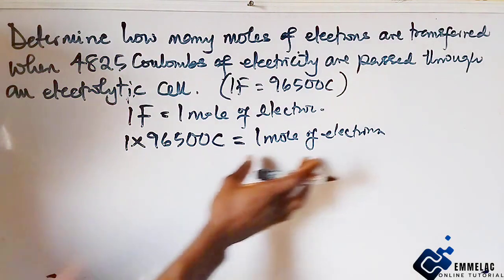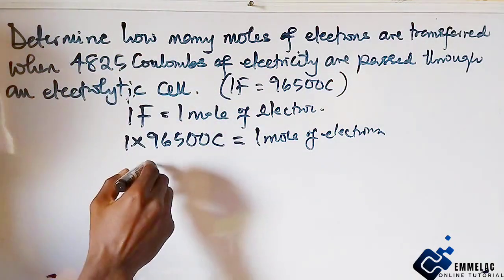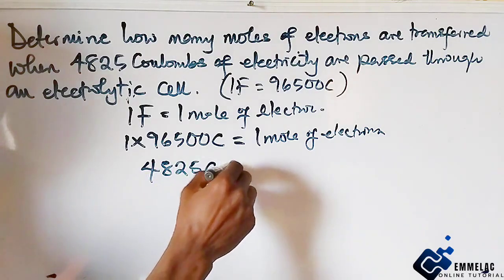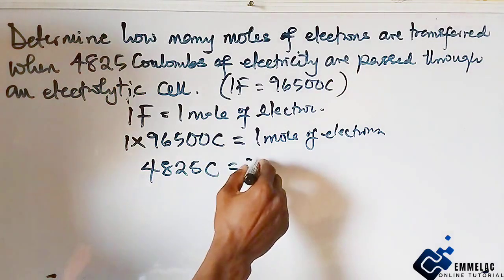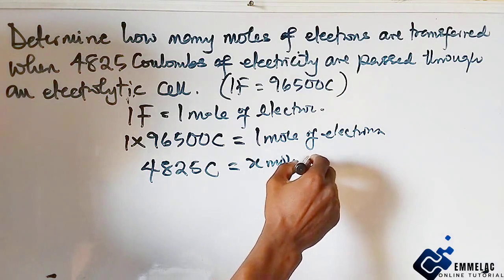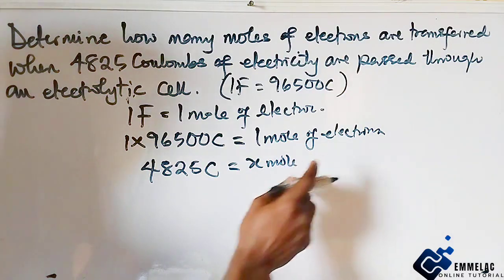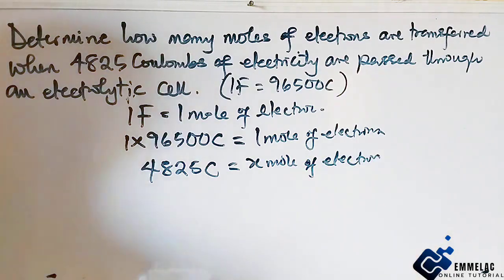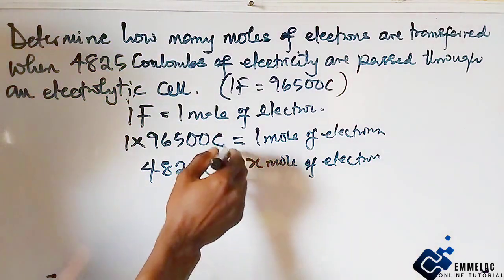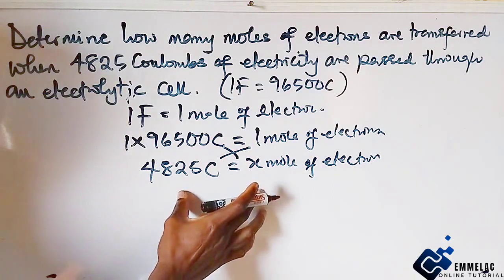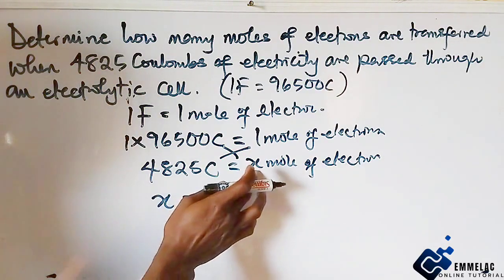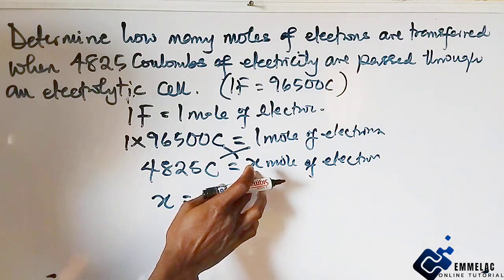So if this will give us this, then therefore 4825 coulombs will now give us x number of moles, x mole of electron. So with this we can just cross multiply. So here we have that our x, making x the subject of the relation, we have